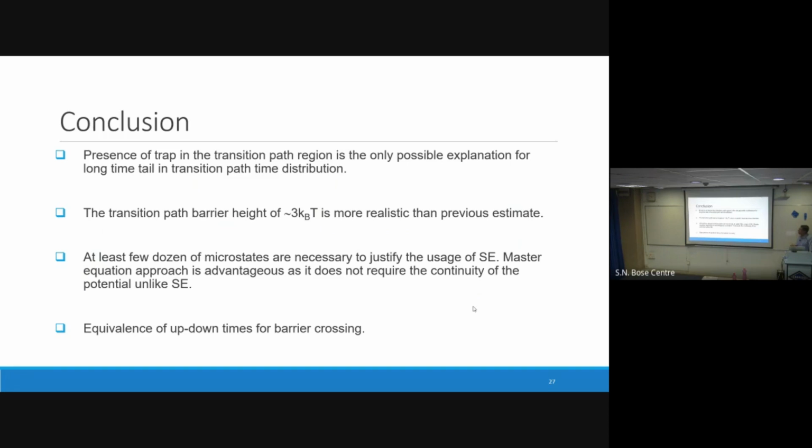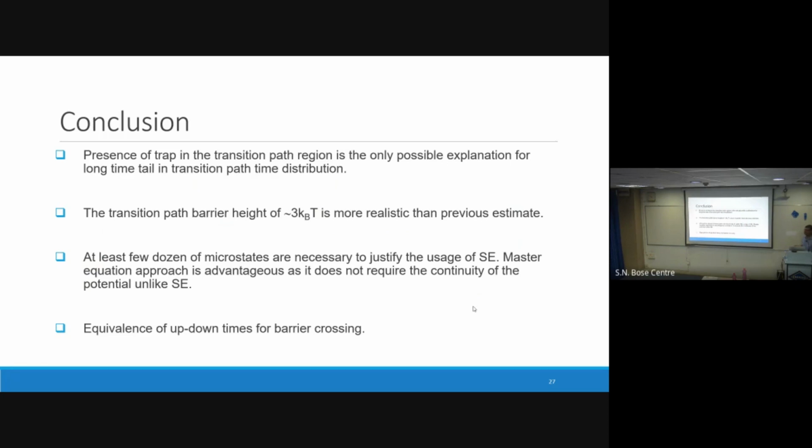So with this, I conclude that the presence of a trap or well inside the barrier is the only possible explanation for this long time tail in the transition path time distribution, and a transition path barrier height of 3 kBT, which is more realistic than the previous estimates, where one gets 1 kBT or 0.5 kBT for 2 different cases, DNA hairpin and PRP protein, and at least a dozen microstates are required to justify the use of the Smoluchowski equation. And then another important thing is that the master equation is more advantageous than the